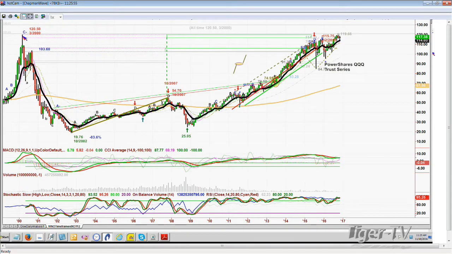The high was in March of 2000 at 120.50. We have traded to 119.66. I think that I typed that in. Yeah, we haven't gone to an all-time high. Look at the